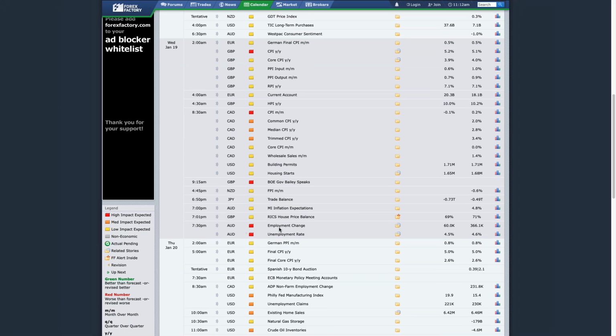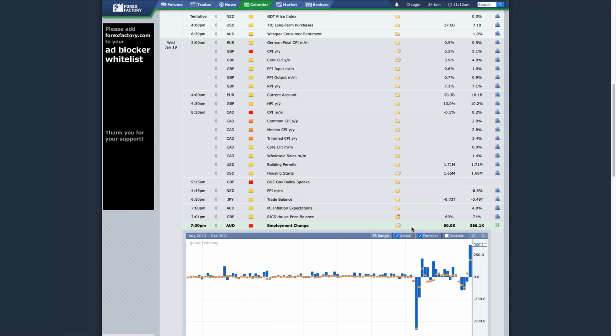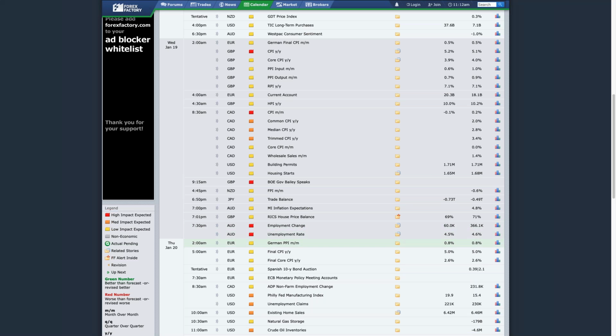Because you see Aussie's got this employment data. Now, employment is really important for the Reserve Bank of Australia, because the Reserve Bank of Australia said that they're looking at employment. It's one of the key indicators they will look at about whether they stop their quantitative easing asset program. So once you stop your QE program, then move to interest rate hikes. So in other words, if this figure is good, right, and you can see the last figure was fantastic, if this figure comes in good again, expect upside in the Australian dollar.